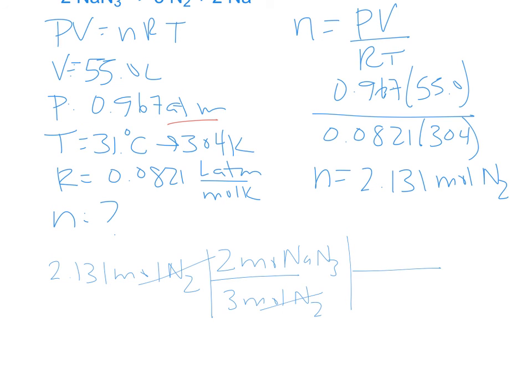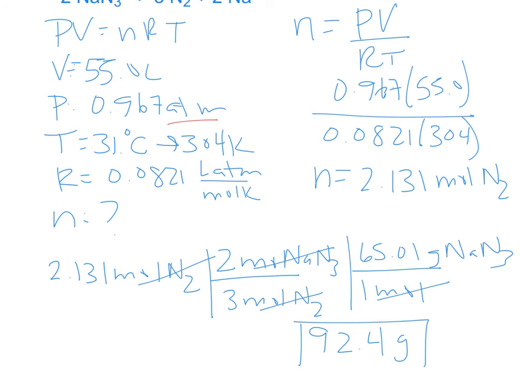I need to cancel my moles of sodium azide, and I know that 1 mole of sodium azide is 65.01 grams per mole. My moles of sodium azide cancel, and by the power of the calculator, this is about 92.4 grams needed. As you can see, there is a difference between the amount of sodium azide needed if our